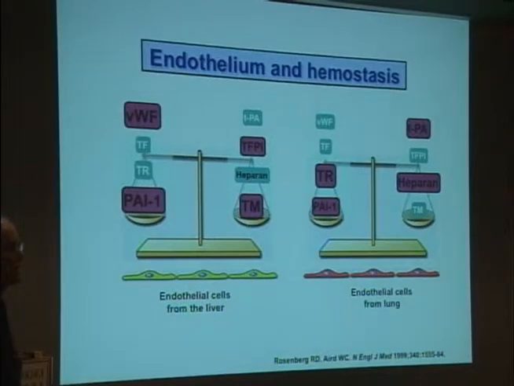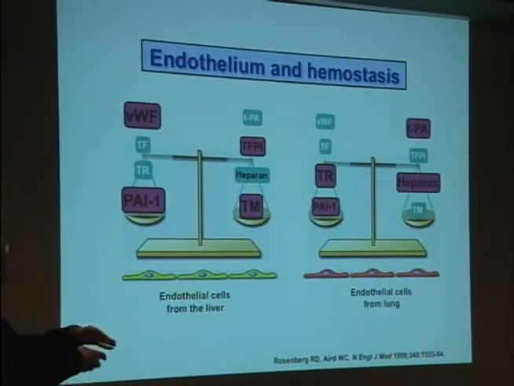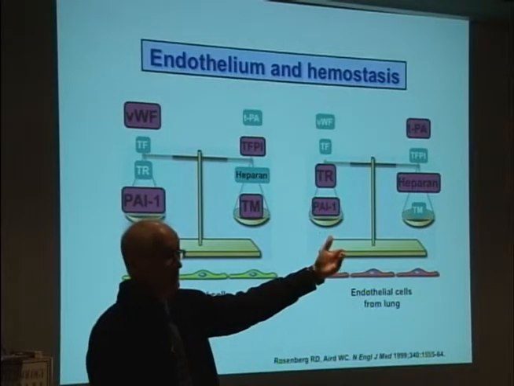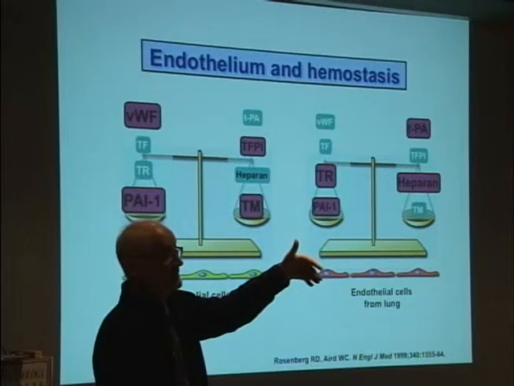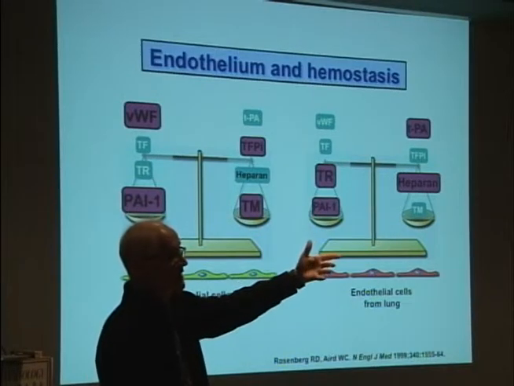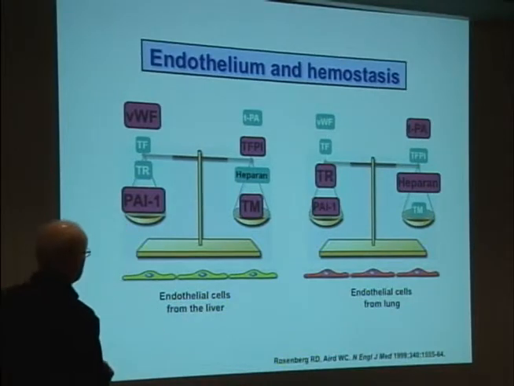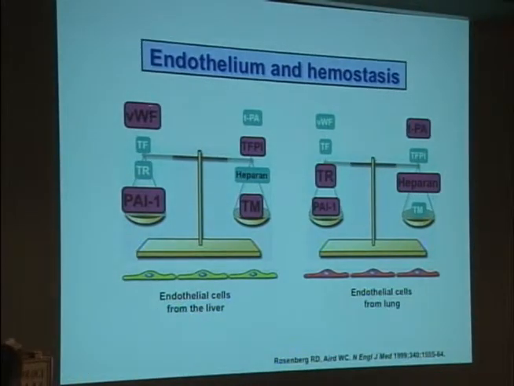And again, with regard to hemostasis, if you're looking at endothelial cells from the liver, remember this is the endothelium which is fenestrated. It has big gaps in it. It allows platelets to move into the actual sinusoids from the actual blood flow. It allows chylomicrons to circulate. If you look at the breakdown of the procoagulants and so forth, the amount of von Willebrand factor is there, the amount of PAI-1, plasminogen activator inhibitor, is very high, and it's counterbalanced by high levels of TFPI, thrombomodulin, where